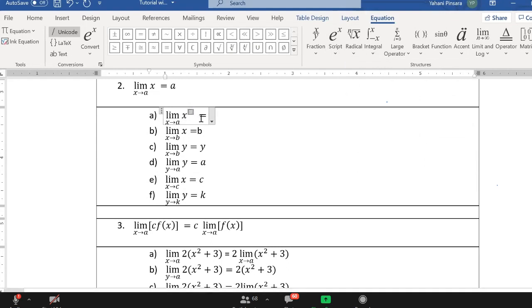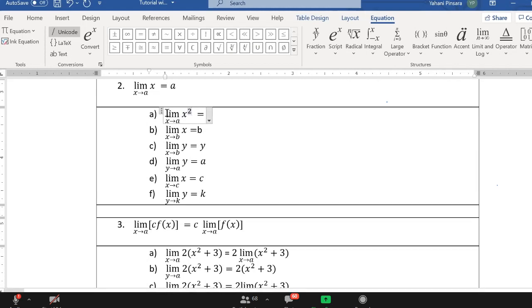If we have something like this, can we apply this rule? No, because what happens is, here we have